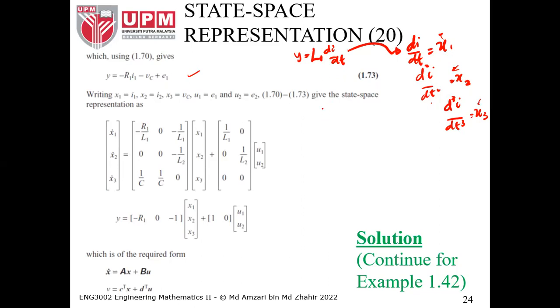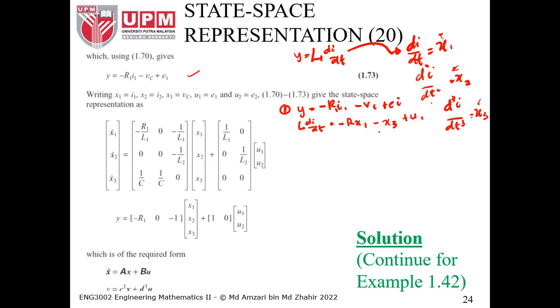Okay, so what happened here, your main equation, the first equation, will be y equal to negative R1 I1 minus Vc plus E1. So this one we can simplify. We know that L di/dt is equal to negative R. We put x1 equal to I1, so negative R x1 minus Vc, where Vc is x3, plus E1 becomes plus